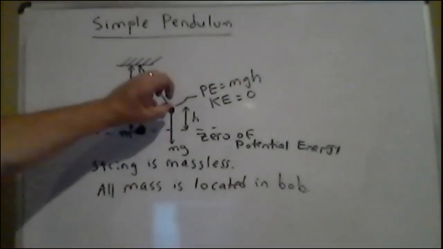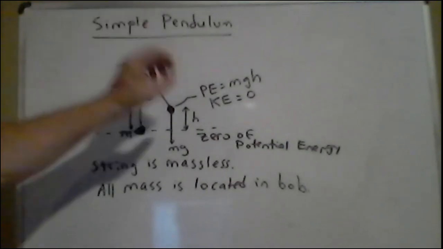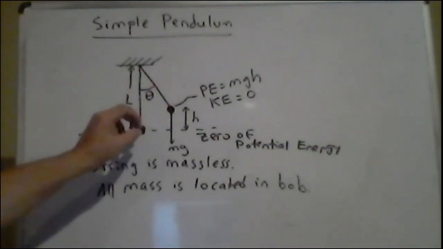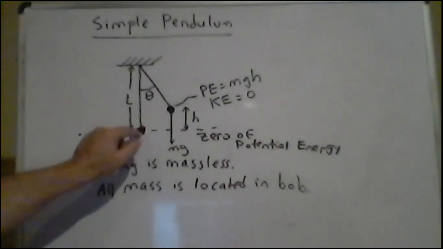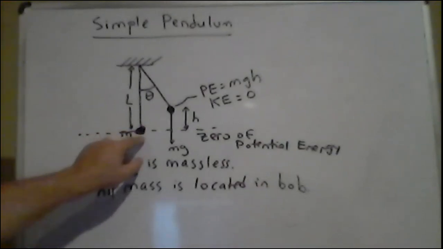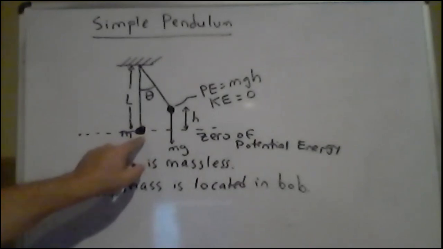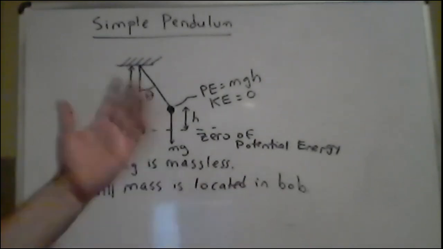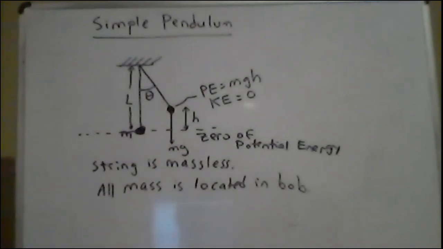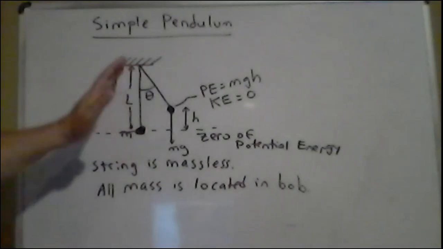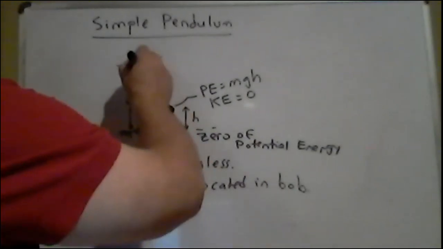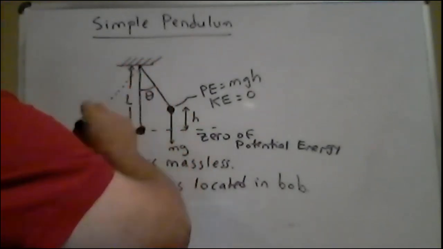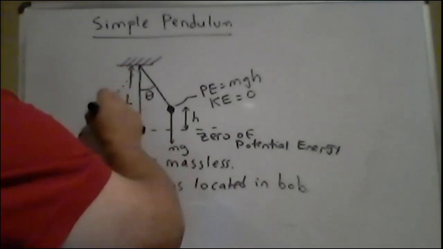Okay, I'm holding it. I'm going to let the pendulum go. It's going to swing down, lose potential energy. By the time it gets down to the bottom, it'll be at the 0 potential energy. It'll have maximum kinetic energy. It'll be back in this equilibrium position again. But again, just like the mass on the spring, it's going to be at its maximum kinetic energy. It's going to blow right through equilibrium. It's going to go all the way back up,